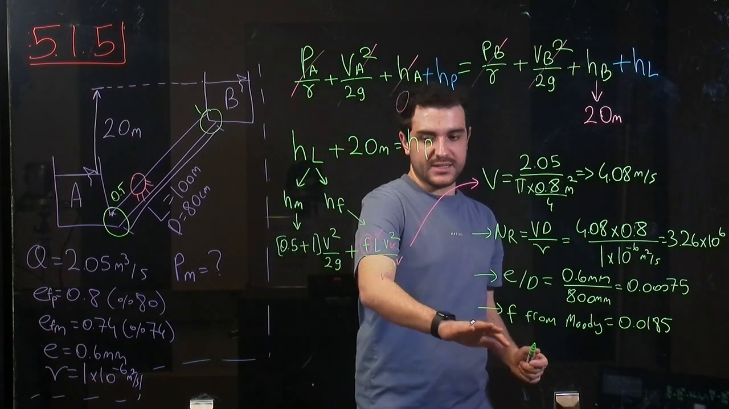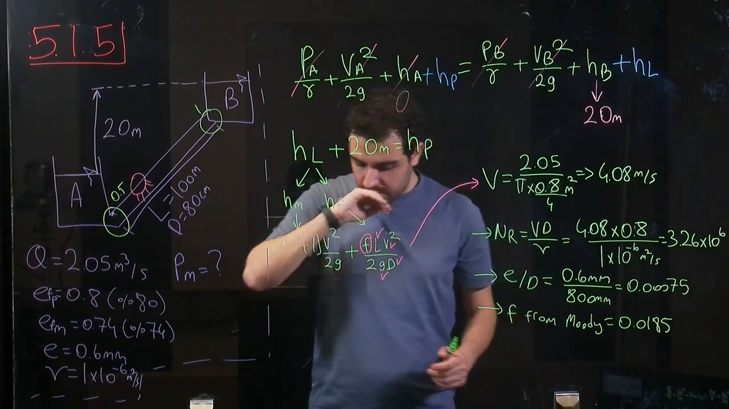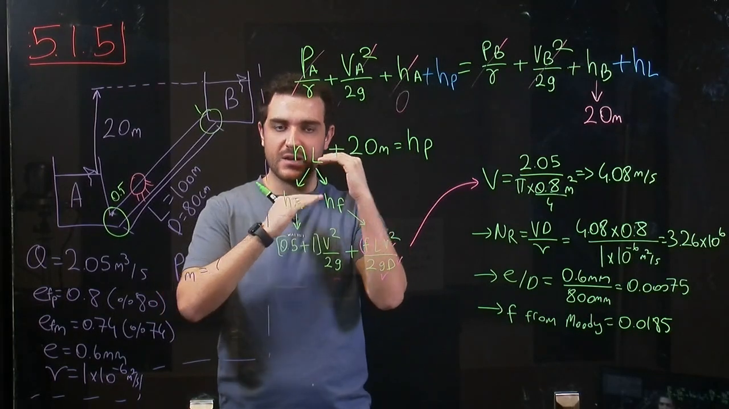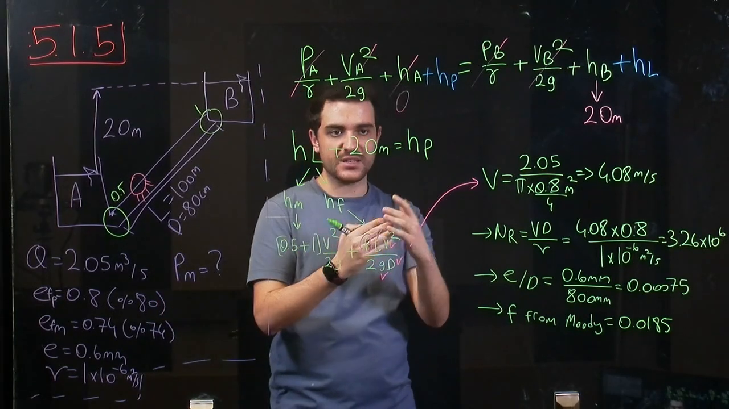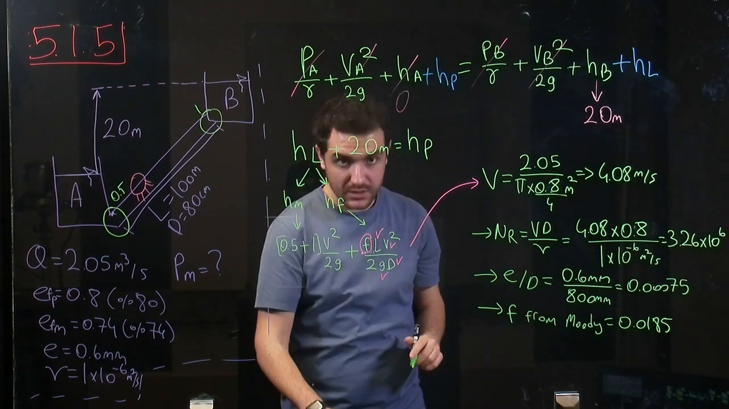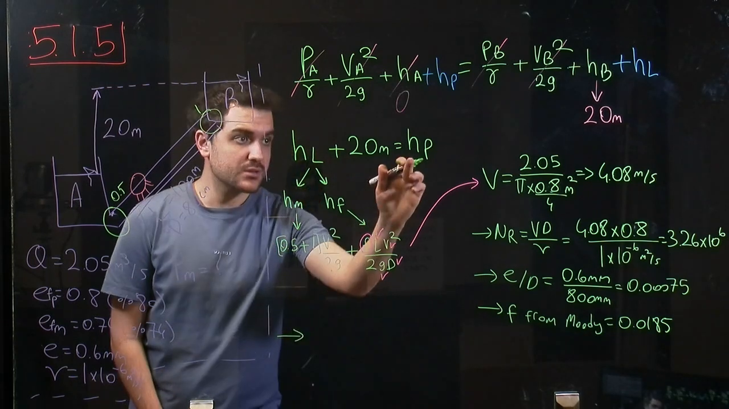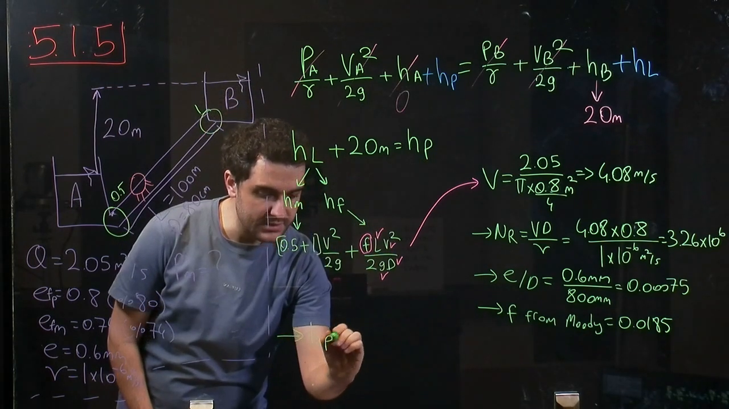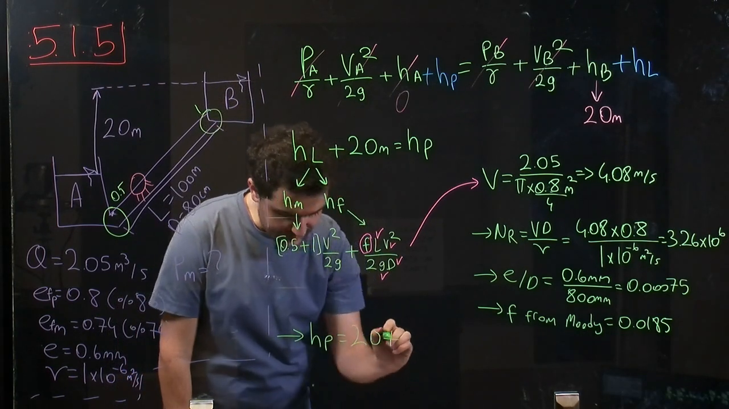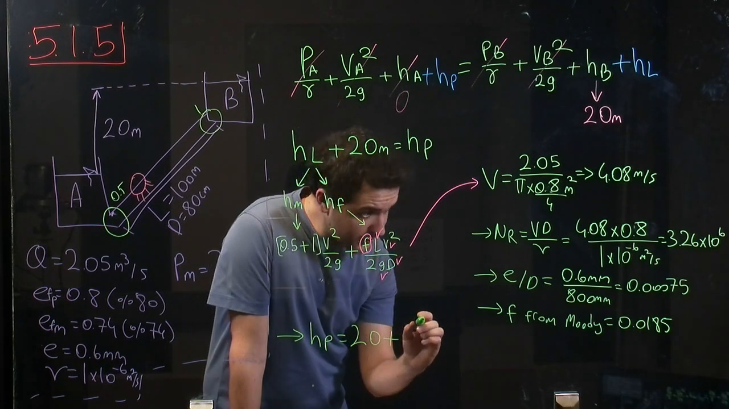Now we know everything in these equations so that we can calculate HP, which is the elevation or water elevation provided by the pump. So let me continue here. So HP is equal to 20 plus V square over 2G